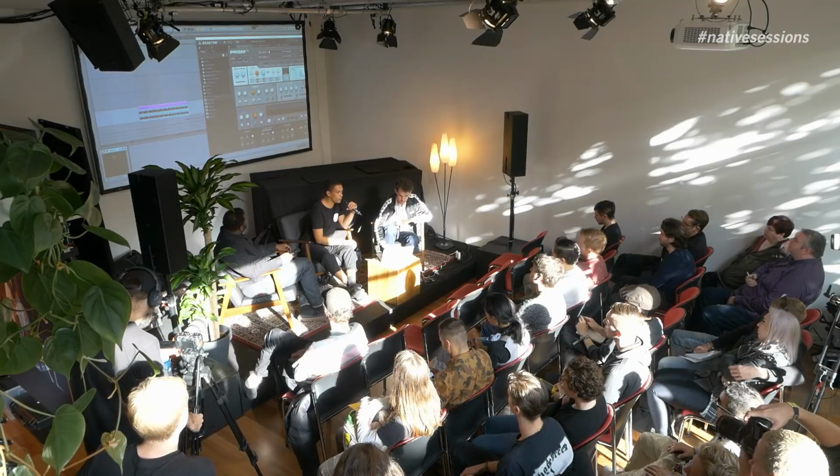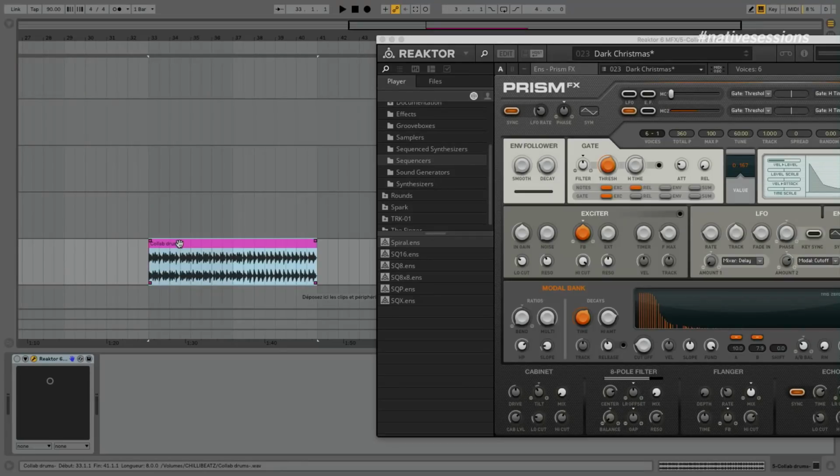But often I'll use rhythmic sounds, and even what I'm going to show now is a drum loop which I've bounced out before, running it through some weird effects and basically seeing what happens. I don't use Ableton, so bear with me, everyone. So this is Prism, an effect in REAKTOR. So here's just a little loop of some drums.